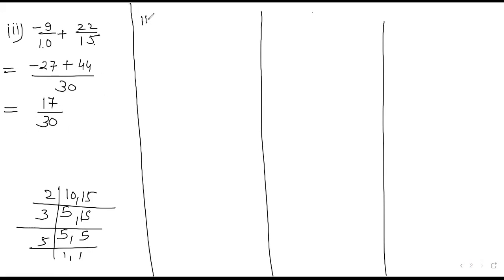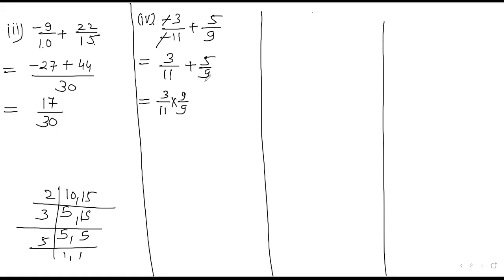Now fourth part, minus 3 upon minus 11 plus 5 upon 9. It's very easy. Minus simply cancels out. Now listen to me. If both the numerator and denominator have the negative sign, they will immediately cancel out. Now the question becomes 3 upon 11 plus 5 upon 9. So now make the denominators same, 3 upon 11 into 9 upon 9. This number will multiply here and divide, and 11 is multiplied by and divided in the other fraction, so 5 upon 9 will multiply and divide by 11.